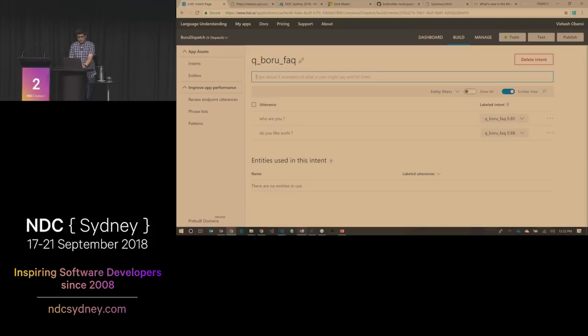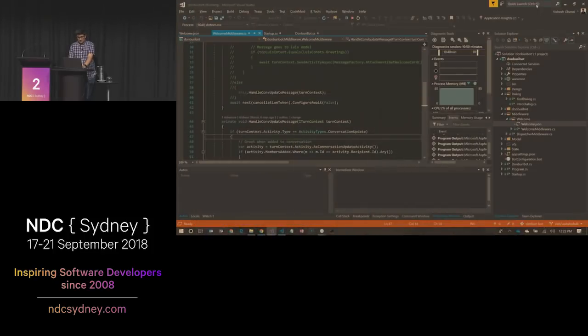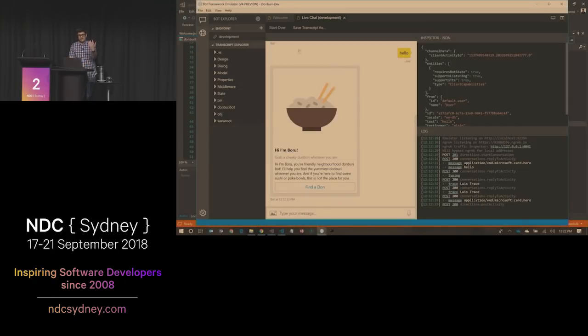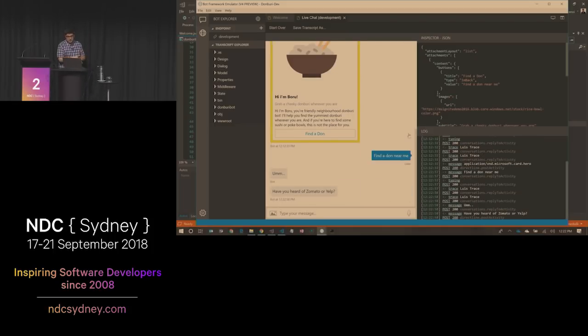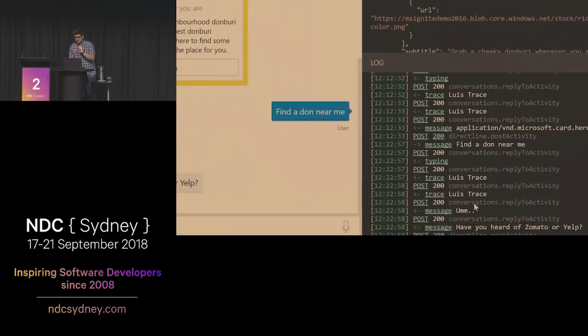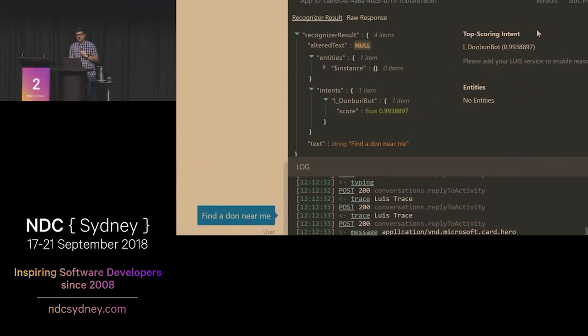So let's quickly play with the actual code itself to see what it looks like. It's the same Donbury code base that I was working with before, so I'll continue using that. I'll just say, hey, find me a Don around me. Again, not being super helpful because it's still work in progress. But one of the things you would notice, and that's the point of this demo, is how it's gone through two different LUIS instances. It started off with the first one, which in this case is my